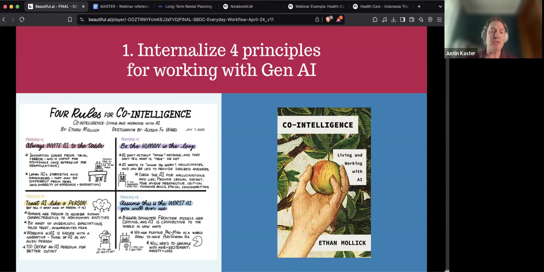Number 2, you have to be injecting yourself into the process. Sometimes people will start using these tools and just take an output from something like ChatGPT and distribute it into the world. That's dangerous because of things like hallucination, some of the areas that are weaknesses for these tools. But it's also, I think, missing some opportunity, right? Where do you inject your creativity, your personality, and your ethics